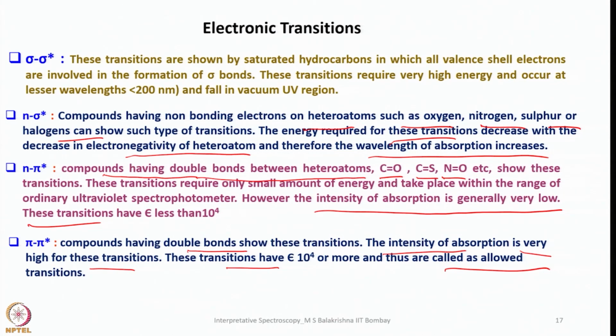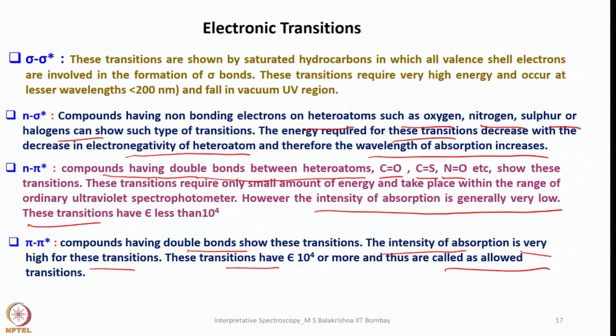And sigma to sigma star are shown by saturated hydrocarbons in which all valence shell electrons are involved in the formation of sigma bond. That means no electrons are left unutilized for bond formation in the valence shell. So these transitions require very high energy and occur at lesser wavelengths, less than 200 nanometer, and fall in vacuum